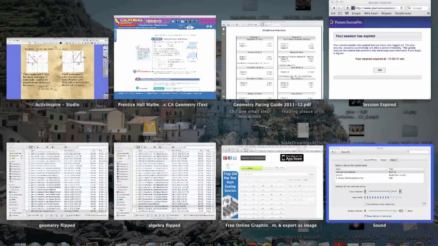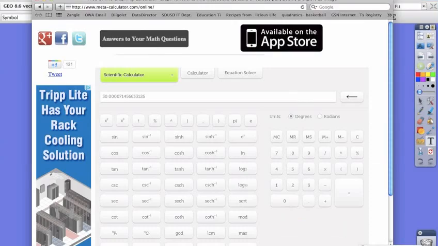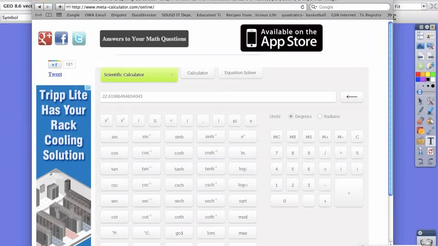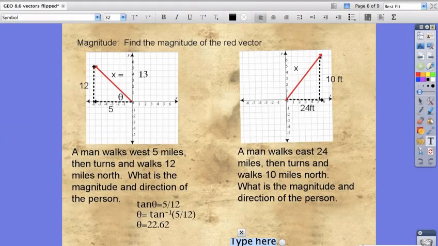Let's add it to the calculator. So 5/12, and we're doing tan inverse of that. So tan inverse of 5/12 is 22.62. Just double check that answer. 22.62. That's what our answer is. Next one,